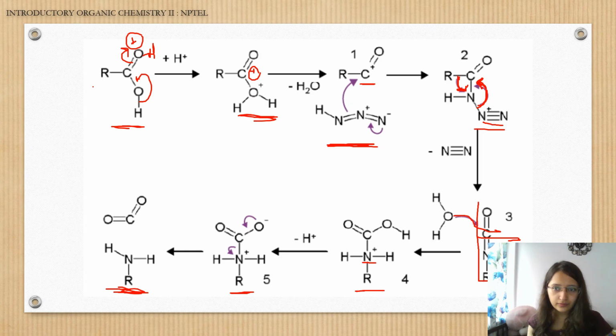It will migrate along with the bond electrons, madam. Yes, it will migrate with the bond electrons. See, what happens here is you have that C–R bond, right? So here, what will happen is that N2 wants to leave, because N2 can leave out, it is a